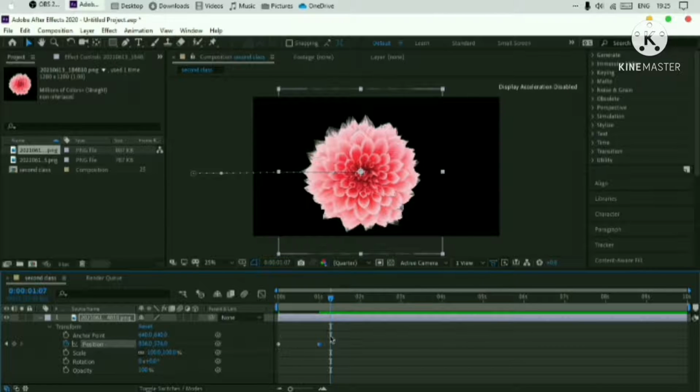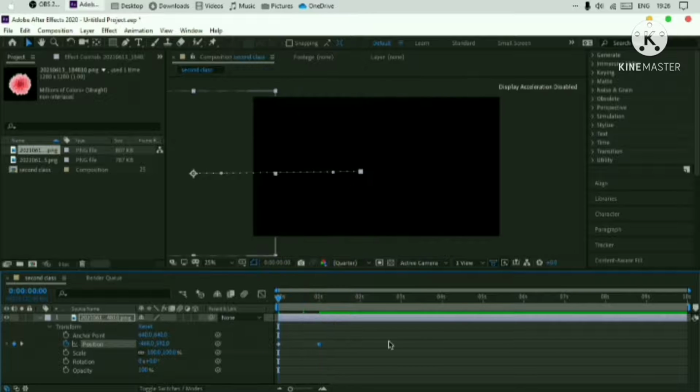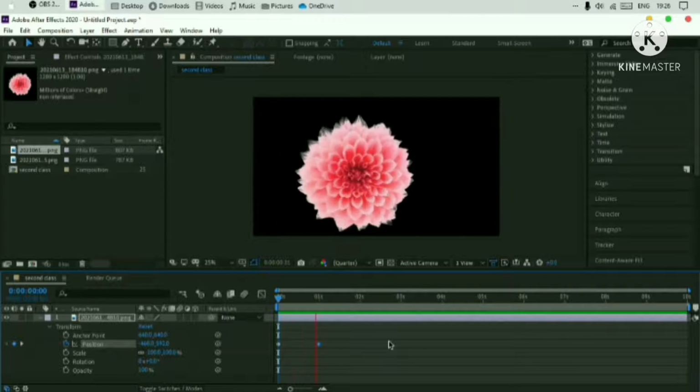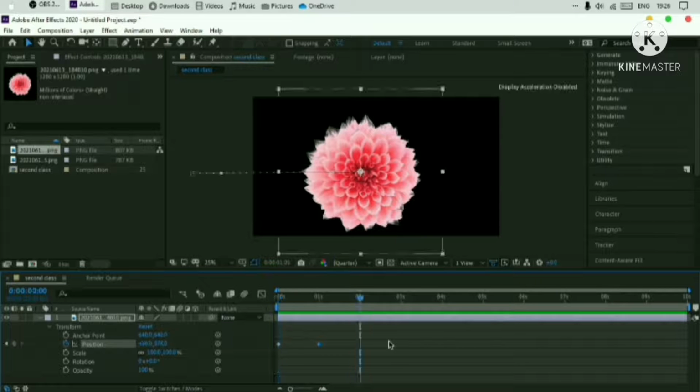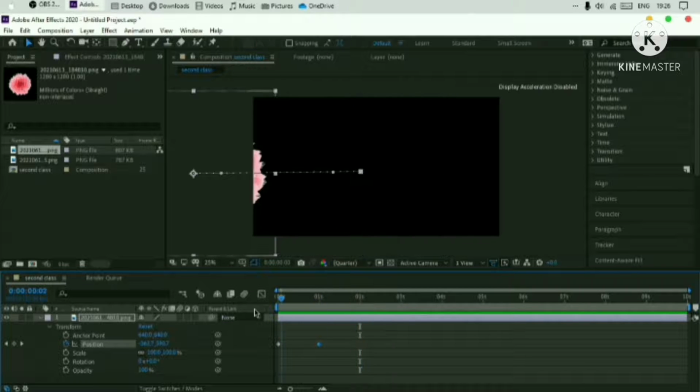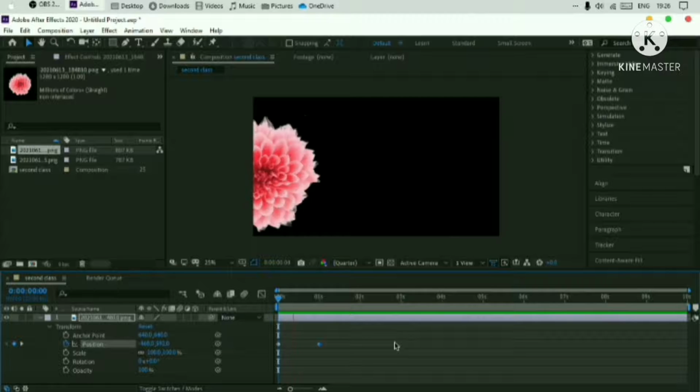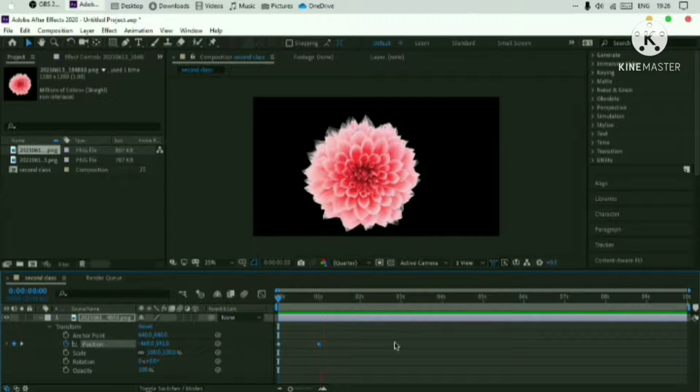This is the initial position, this is the final position, and the animation happening between these is because of these keyframes, and it will affect the position since I have given the keyframe in position. So if I show you the animation, it will happen like this. Okay, it came from here to here. So this is a very simple, basic animation.